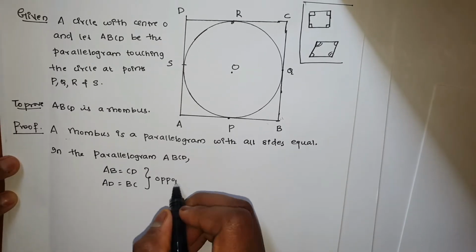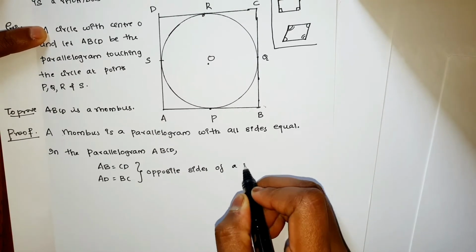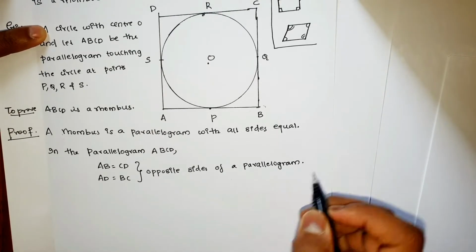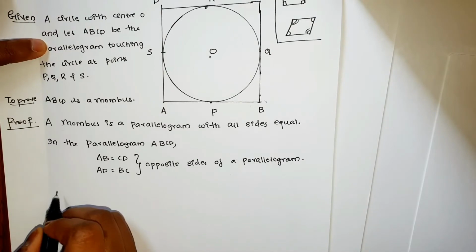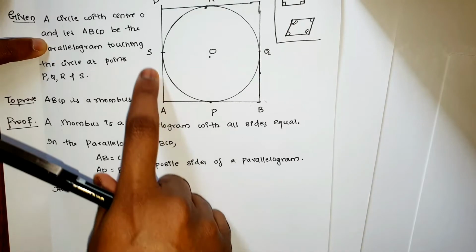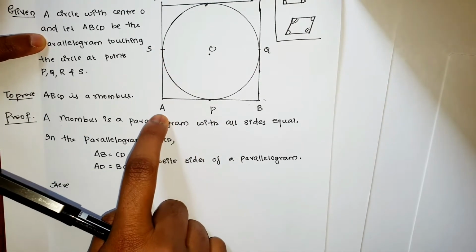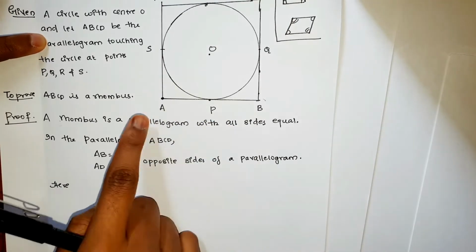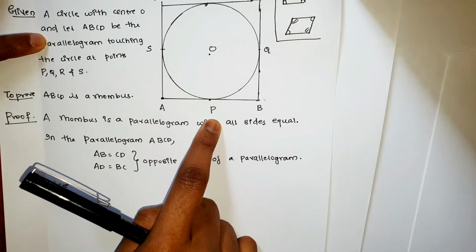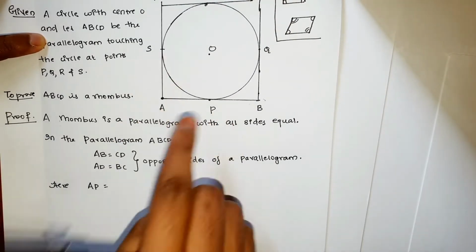Opposite sides of a parallelogram. Okay. And here AP is equal to AS. Why is AP equal to AS? Because the length of a tangent drawn from an external point is the same. Okay, by theorem 10.2. So here AP is equal to AS,